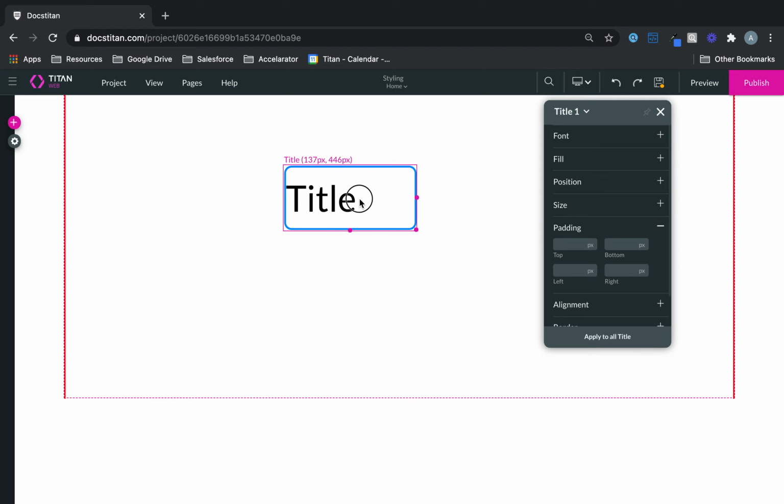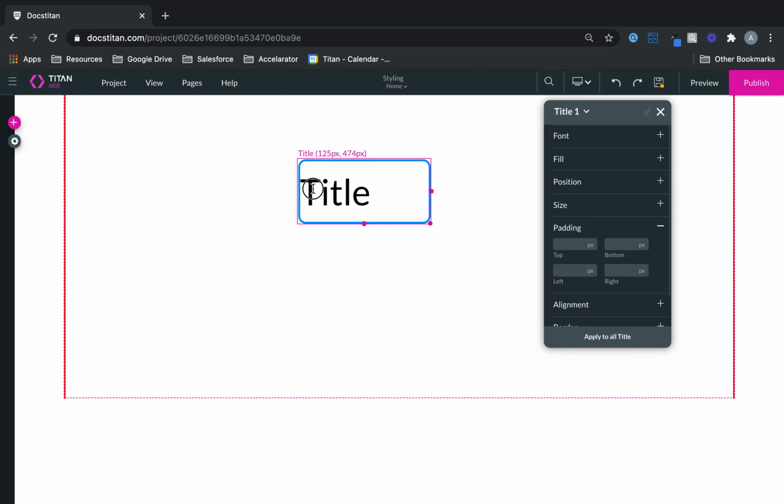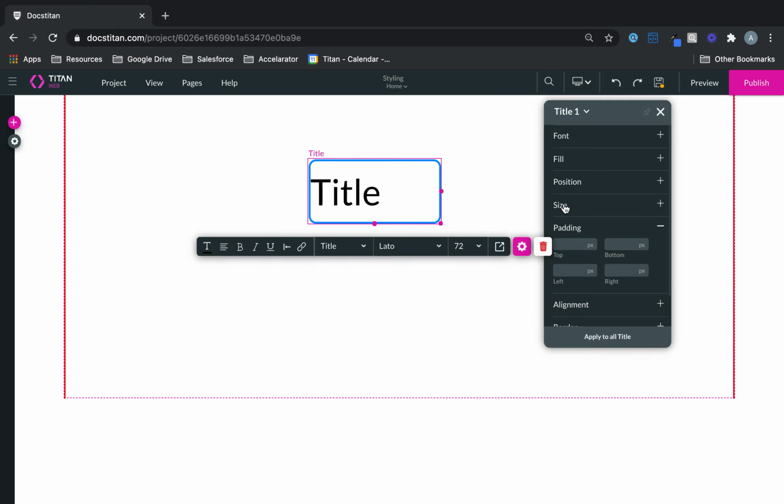So let's say this title here, you want to move the title in the middle. So this is where you can go padding. You access that from here, padding, and then you can move it. You can even move it top to bottom like this, or you can say, you know what, I want it right in the middle, and you go 50, and now